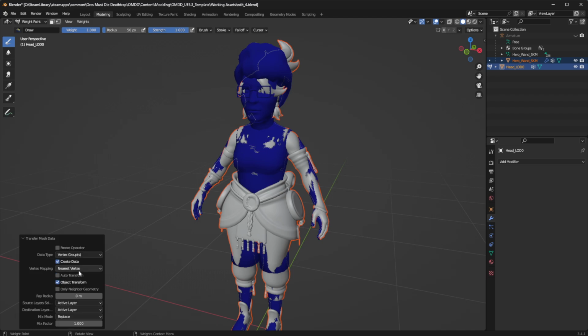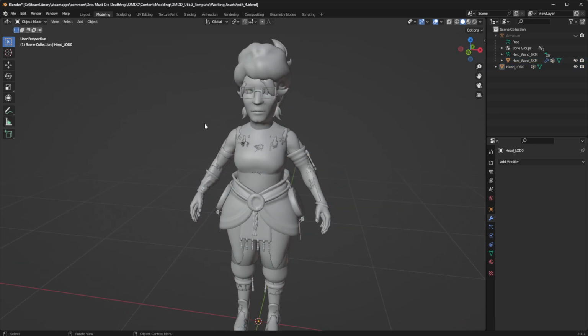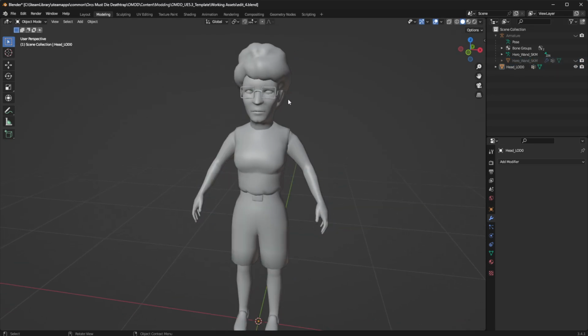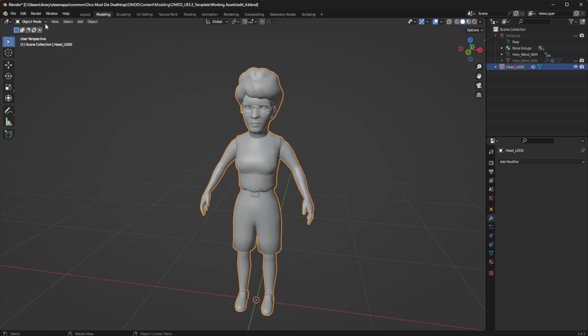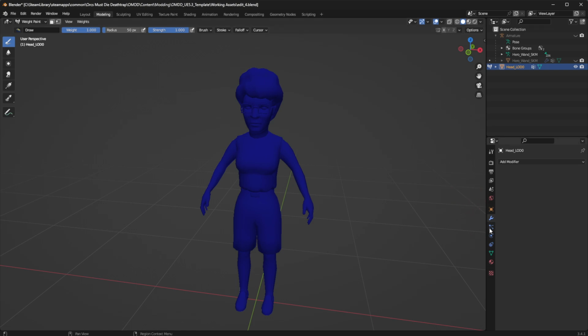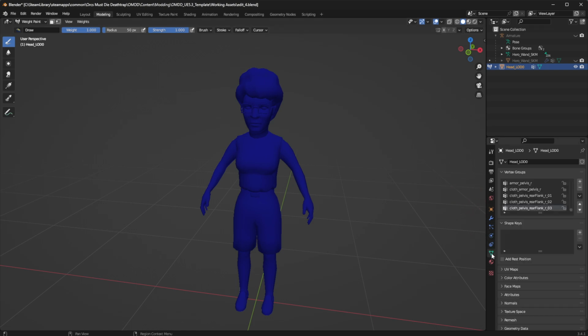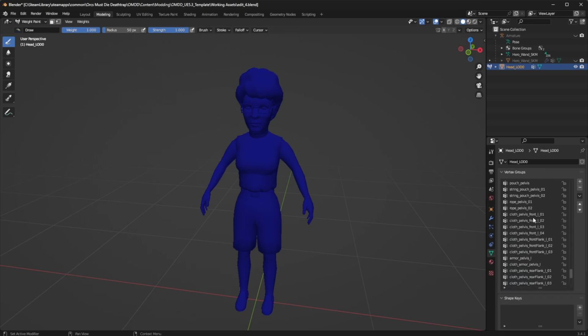data, vertex mapping, select it and go to nearest edge interpolated. Change the ray radius to 5M, and then destination layer, click on that. Wait, source layer selection, click on that and put by name. Okay. And then going back to object mode, hide the original character, click on the new character you have, go back to weights,